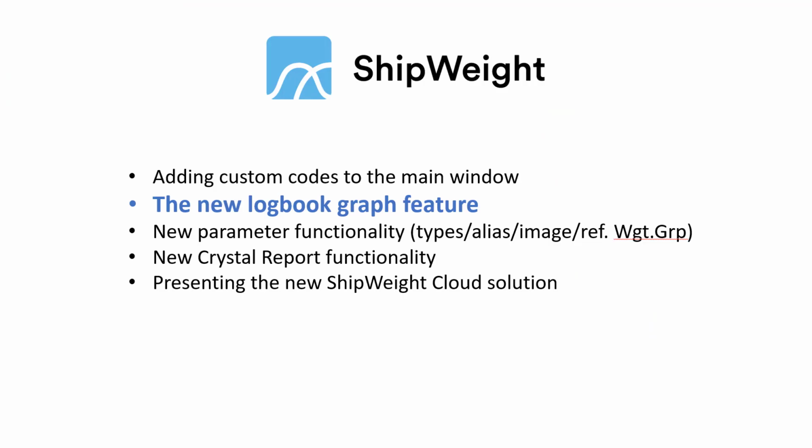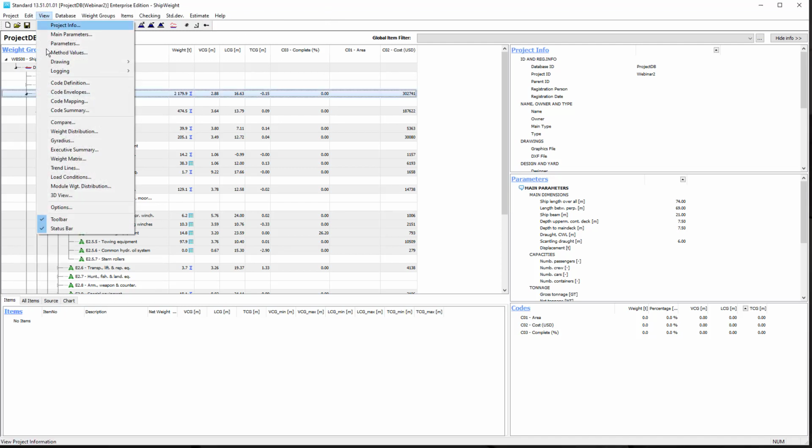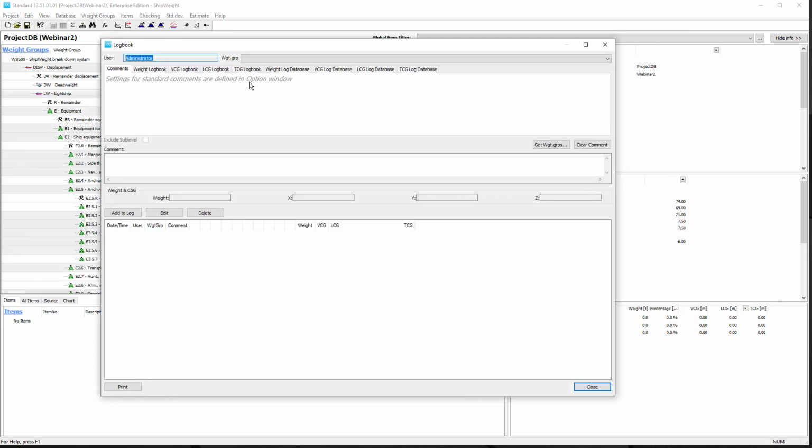So the next thing we're going to have a look at is the new logbook graph feature. So first of all, what is the logbook? Let's go back to our ShipWeight project, and on the view menu you will see there's a submenu called logging, and it has two options: project logbook and weight group logbook. And you pick one or the other. What happens is that you get this logging window where you can add a comment,